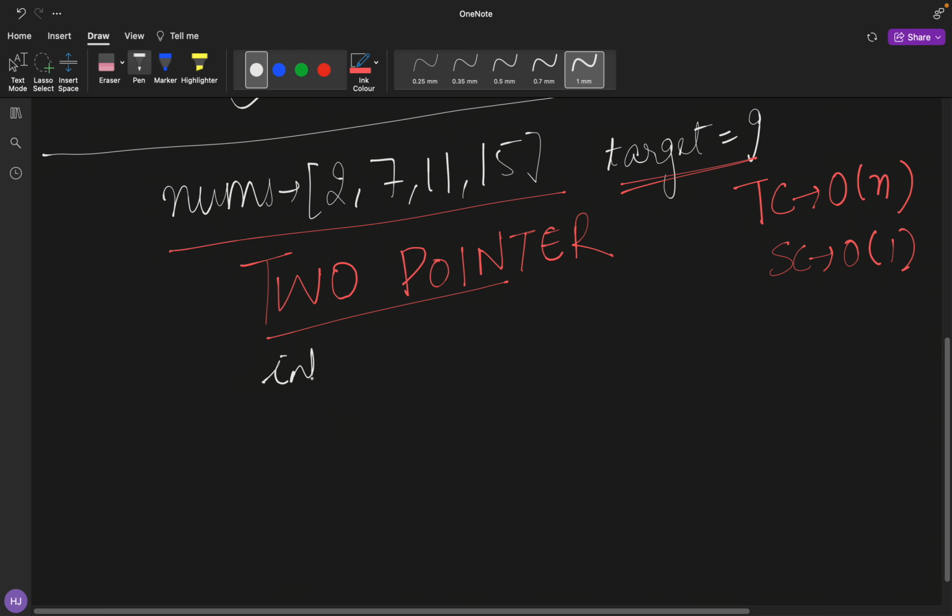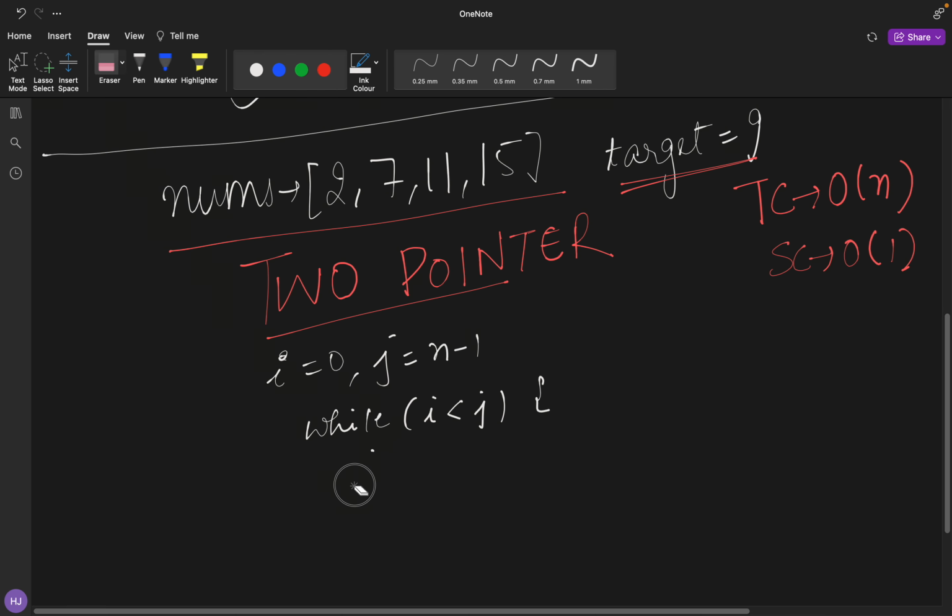So I have, suppose, two integers i and j initialized to 0 and n minus 1. So I'll simply traverse while my i is less than j. Now let's store this in some sum. So my sum is equal to nums of i plus nums of j. And if my sum